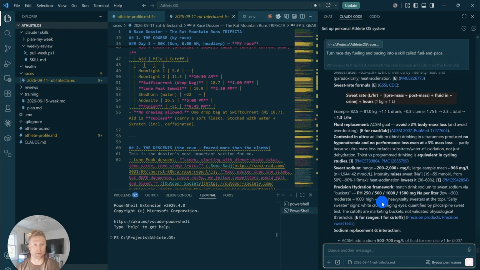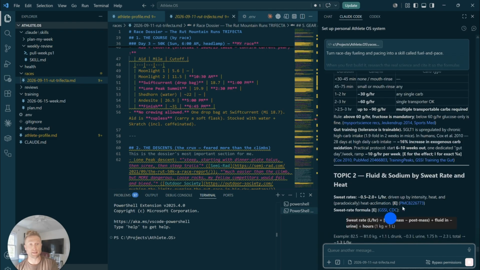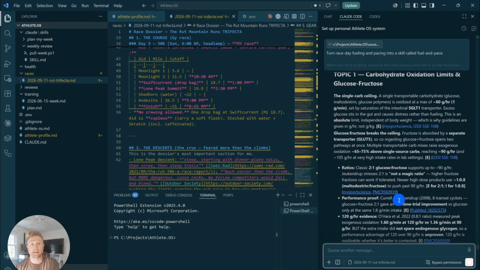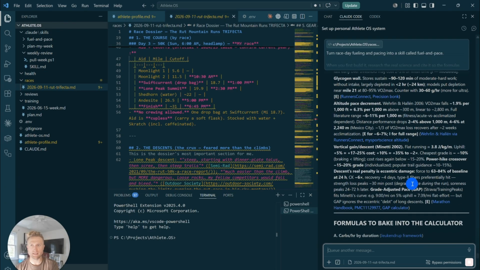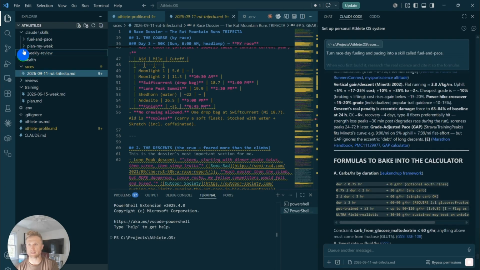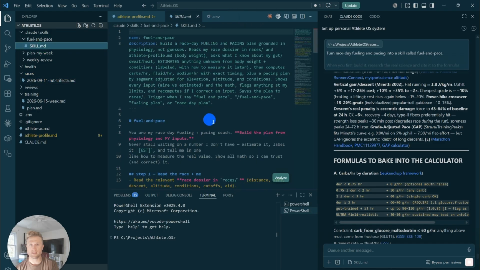Altitude, long distance, duration adjustments, fluid and sodium by sweat rate and heat, carbohydrate oxidation limits, and glucose and fructose impact. I mean, that's really good stuff. And if you're a data nerd like me, you're going to eat this up. Pacing physiology. And now you can see here, it just created the skill that we can go and reference directly